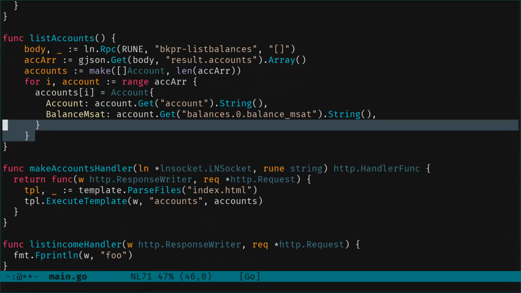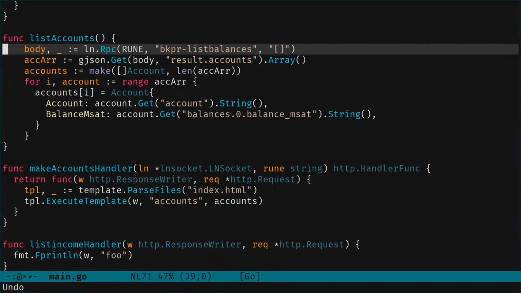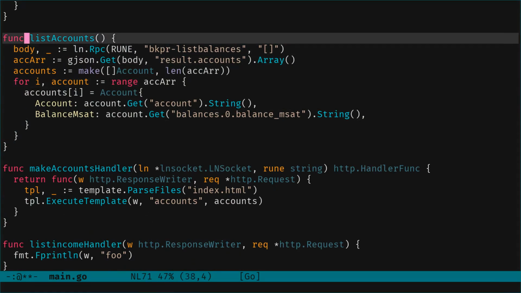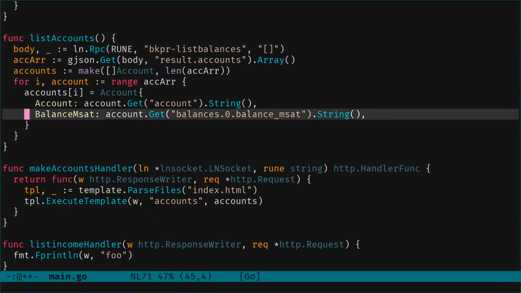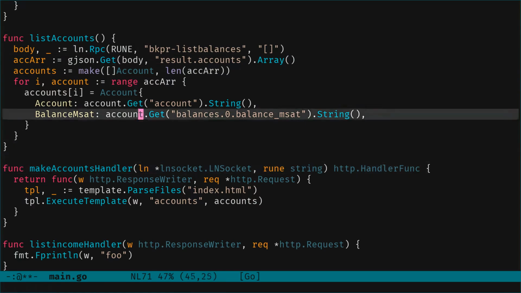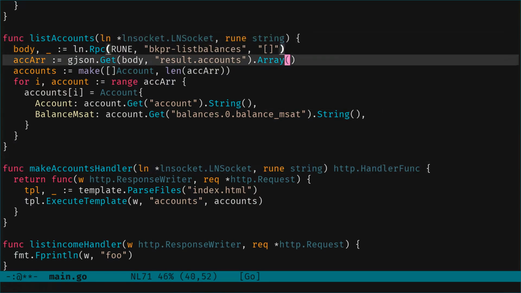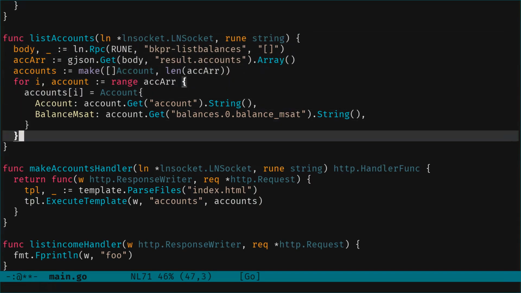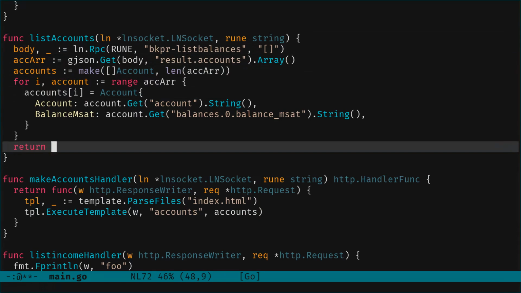We put this here, and what we need, we pass it the LN and the room. So that way we have that function doing the same things, but now maybe we return the